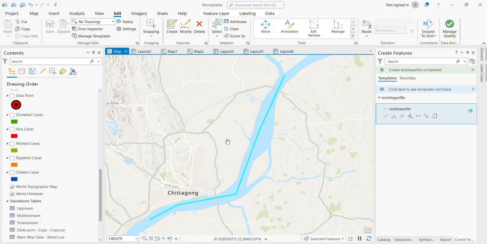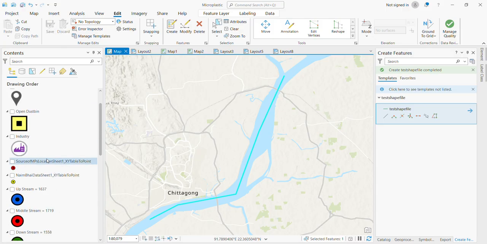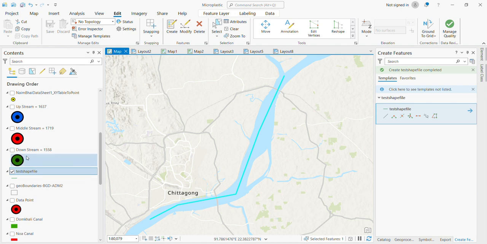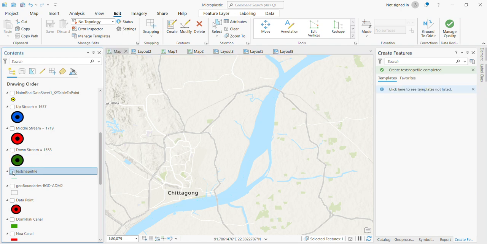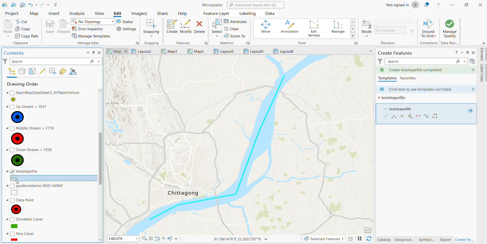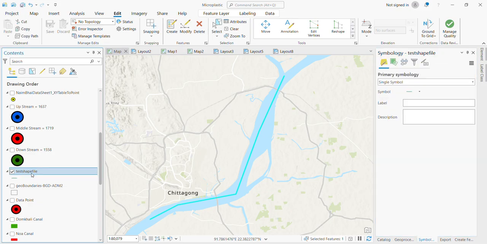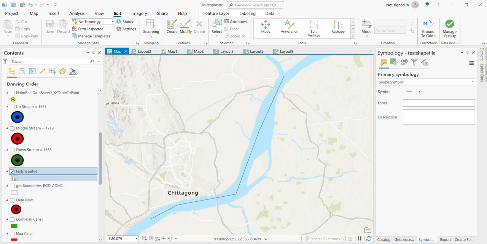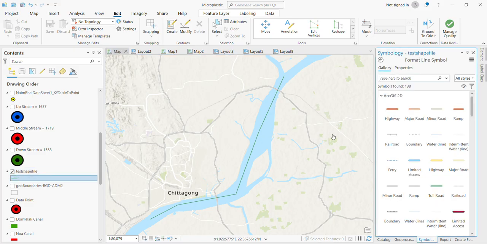So right now, where is my shapefile? So now if I just mark, it shows that yeah, I have created a shapefile. And now if we see, now I'm just gonna turn this off, and now let's see something else, like if I wanna change the